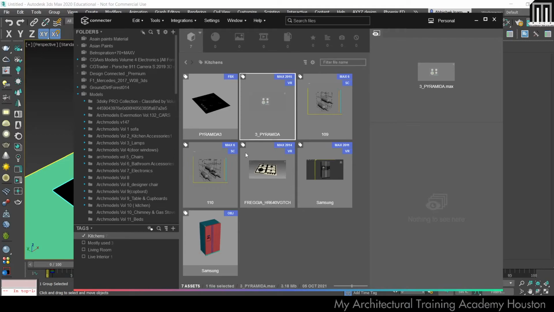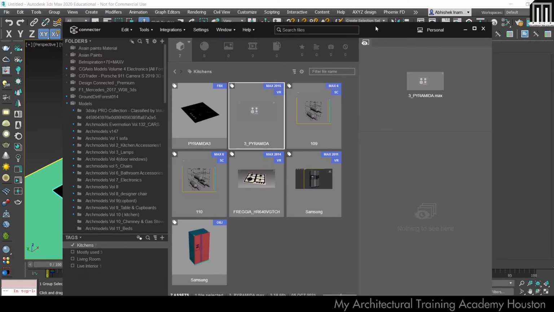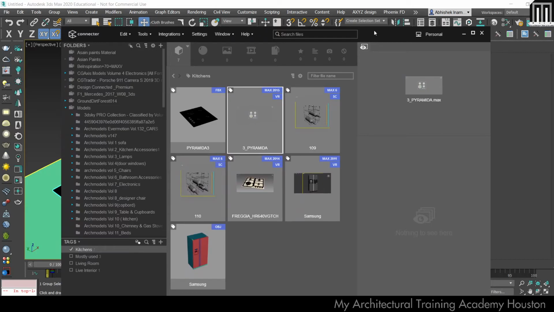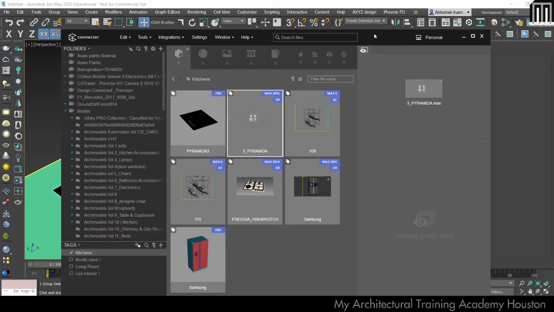And one more thing I liked about this connector: it is not integrated into 3ds Max. What I mean is, I have observed in 3ds Max that when a lot of third-party scripts are running, at some point 3ds Max may collapse or slow down.